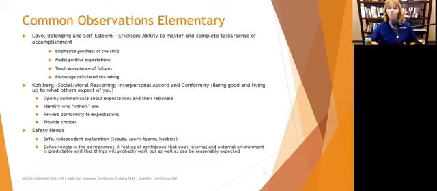We want them to do their chores. We want them to do their homework. We want to reward them for when they're doing the next right thing and provide choices. Sometimes they have to do something they don't want to do. And remember from one of the other presentations a few weeks ago, you want to use the when-then statement instead of if-then. So instead of saying, if you get your homework done, then we can watch a movie, say, when you get your homework done, then there's no question that it's going to be done. It's just a matter of when. When you get your homework done, we will watch a movie. So when-then takes away some of those options, but you do want to provide choices.